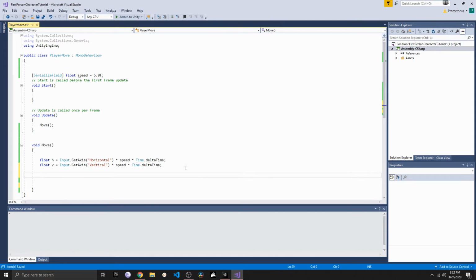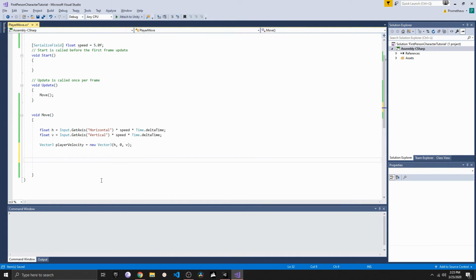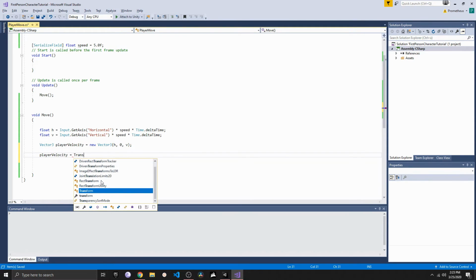The next thing we need to do is create a new Vector3. We'll call this player velocity. This will be a new vector, and here we will add for x the horizontal input, for y 0, and then for z we will add the vertical input. Then we can take the player velocity and make this equal to transform